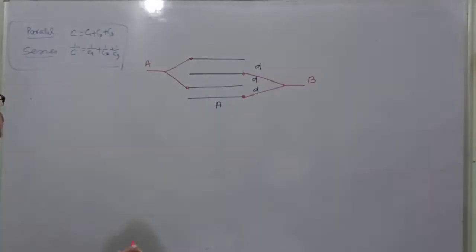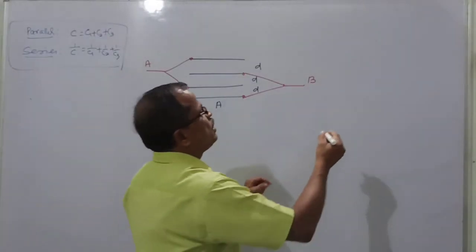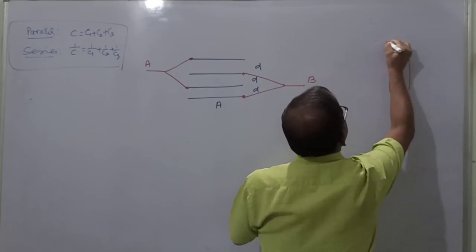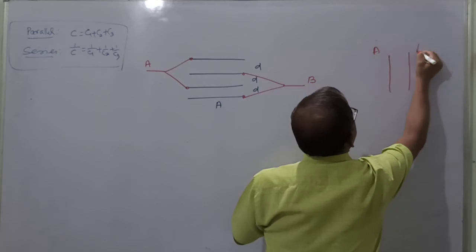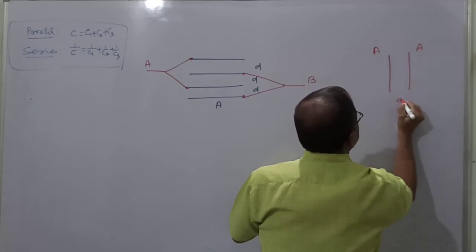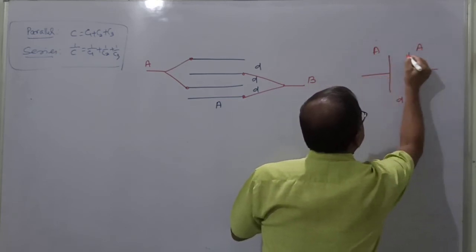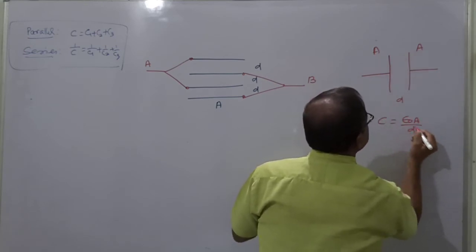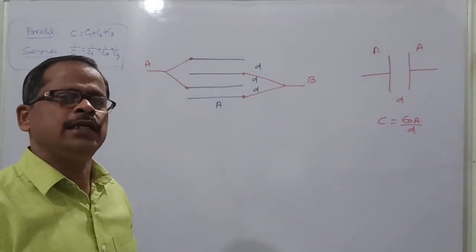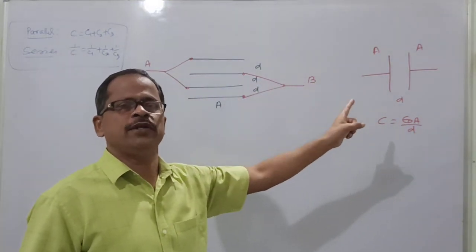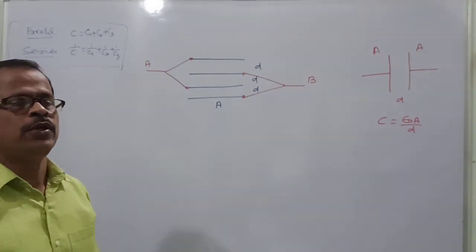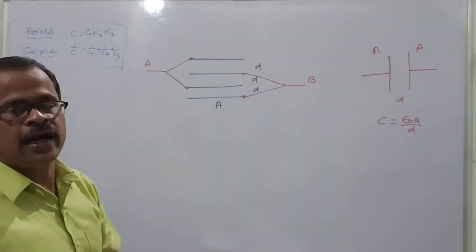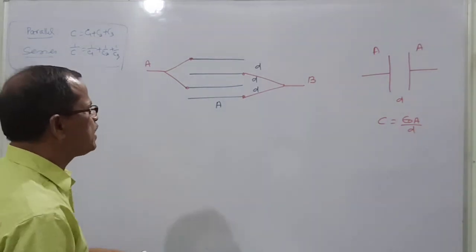So again, I just want to recall for you. If this is a parallel plate capacitor, these are the 2 plates. This plate has area A, this plate has area A, and the distance between the 2 plates is D. Then the capacitance of this capacitor is epsilon 0 A by D if no dielectric. If dielectric, epsilon 0 epsilon R A by D, that we know. So here, how many capacitors will I get? Now I have to make a trick. How to get it? Look.